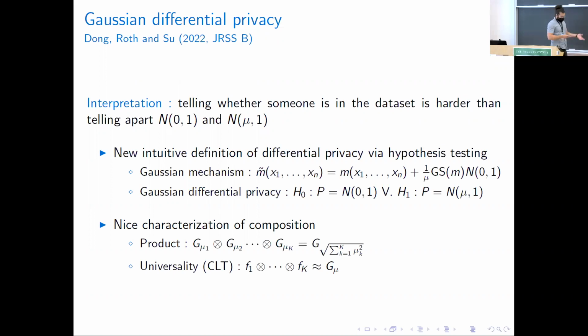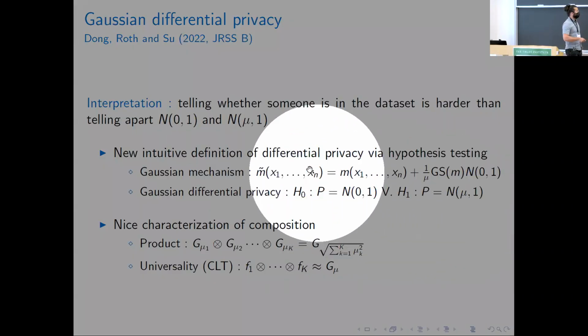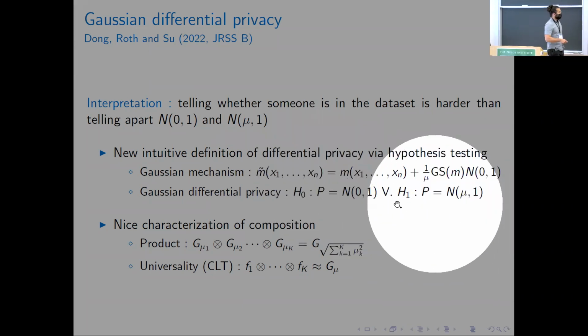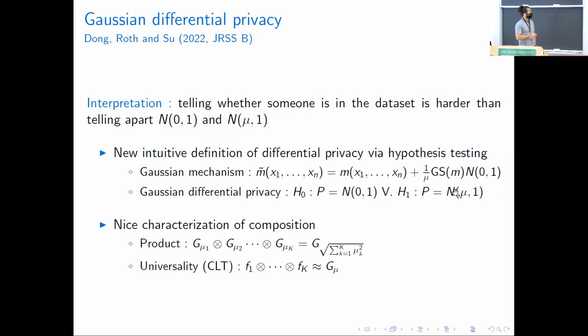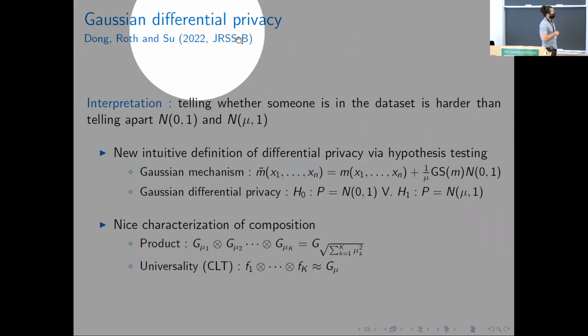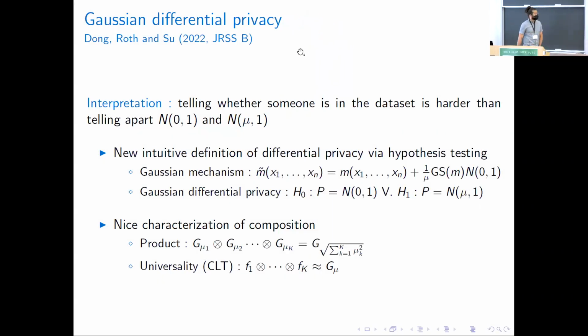And how do we get this? It will be with the usual Gaussian mechanism. So there's nothing really new there, but there's this idea again that the privacy guarantee can be interpreted in terms of this sort of test of hypothesis. This is work that was published recently by Dong, Roth, and Su, even though the paper has been out there for a few years now.